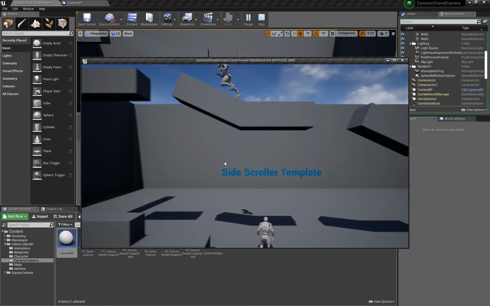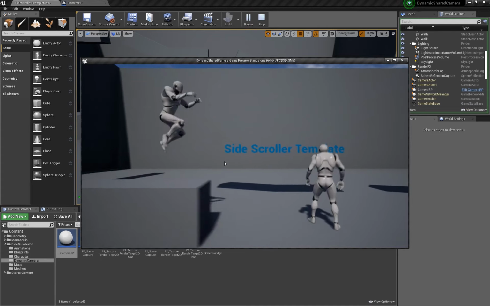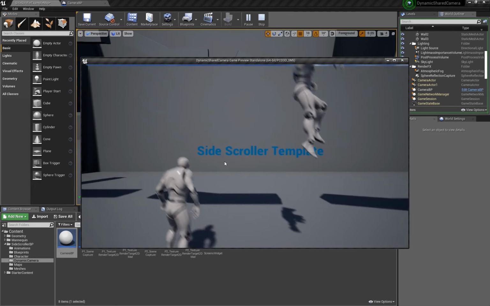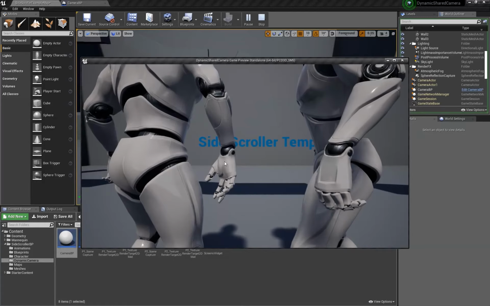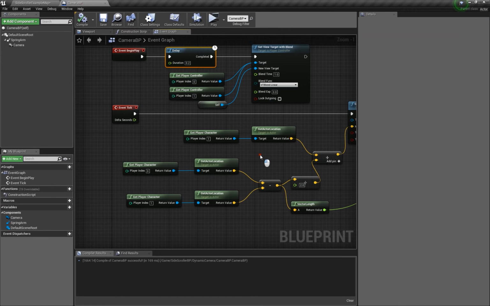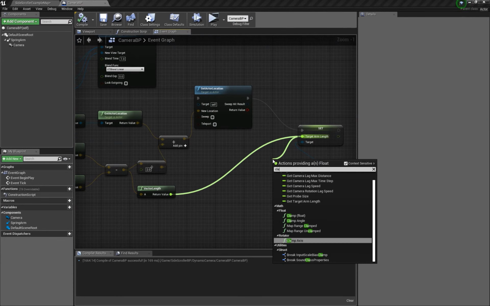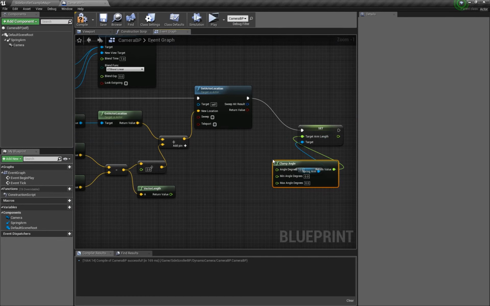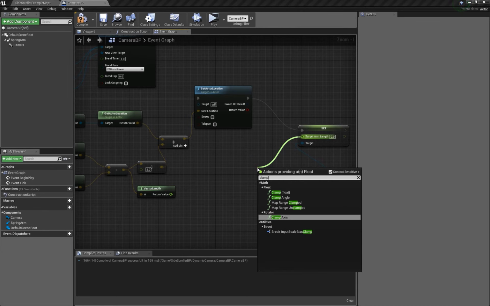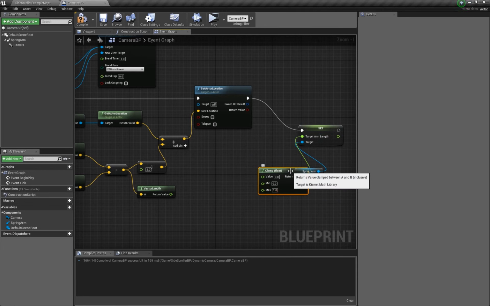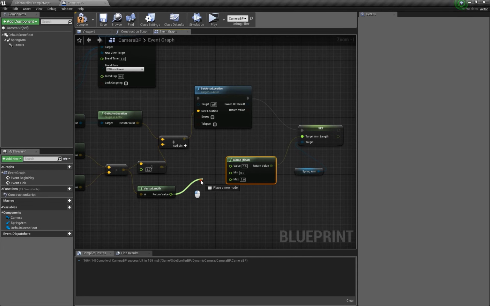When they are close to each other, we have a shared camera. You see, this is what I meant by too close. So let's fix that by adding a clamp, not that clamp but the other one, float clamp, and let's say minimum 300, for example, maximum I add